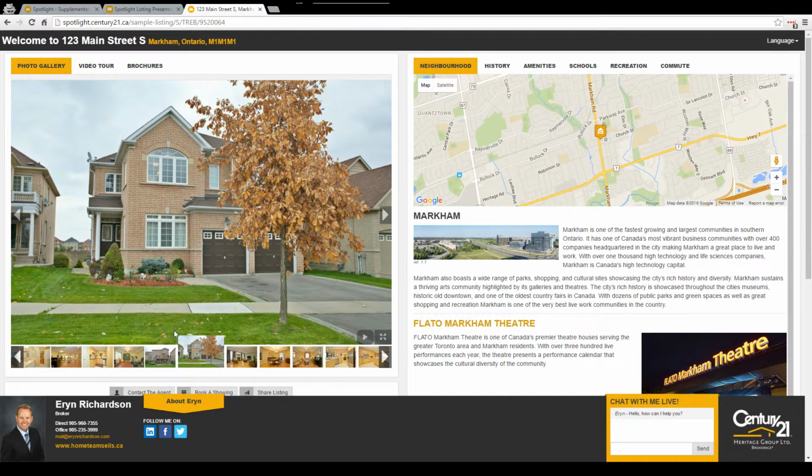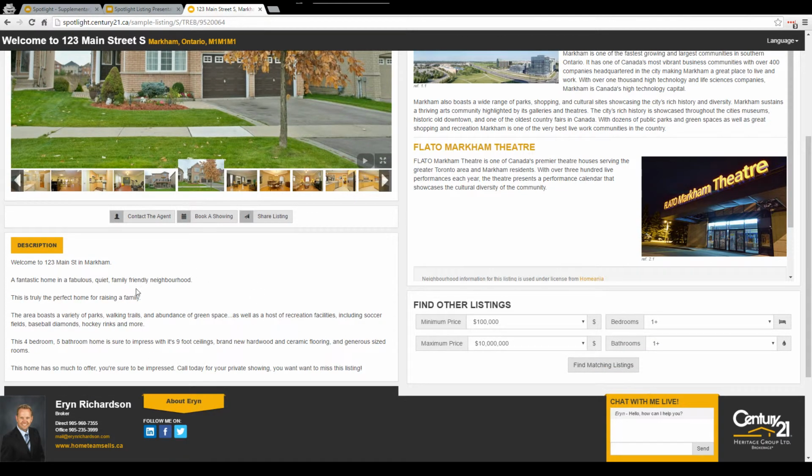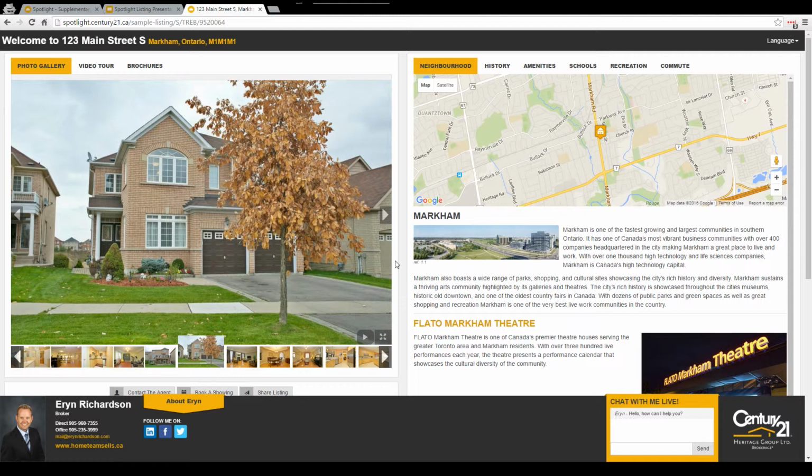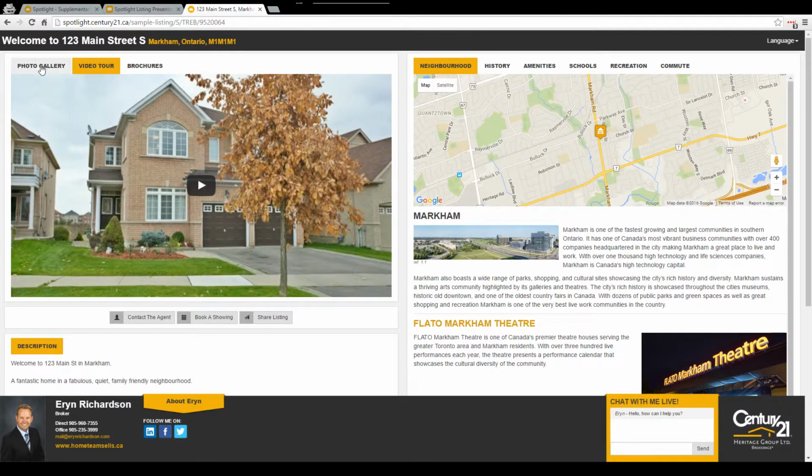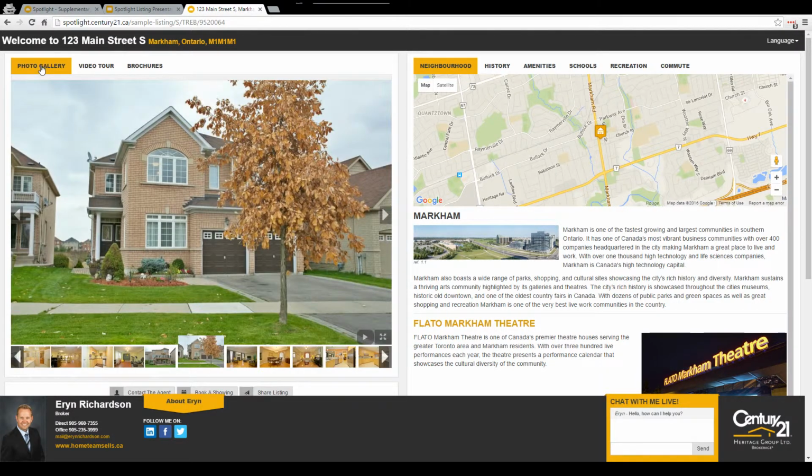There's also no limit on the number of photos. There's no limit on the listing description as well. You can have a plain English listing description about the home instead of that 3-4 sentence listing description you find on MLS. There's a virtual tour here as well. It's really accessible. But most importantly too, and as we've been talking about throughout this presentation,